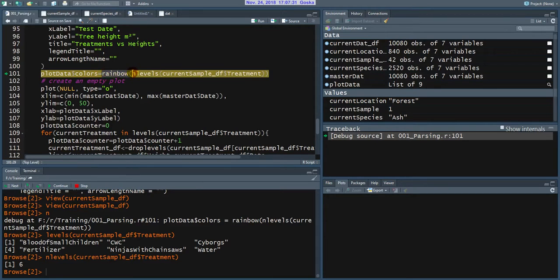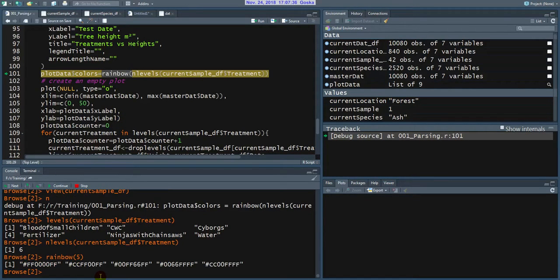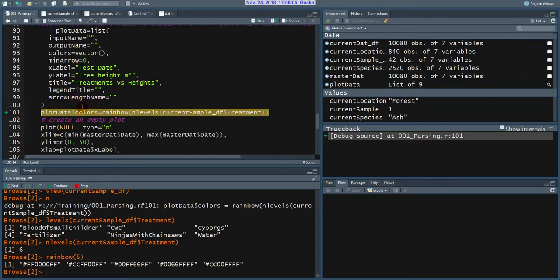Rainbow is an R function, and if I punch in a number, what it does is these are color codes going along the rainbow spectrum of Roy G. Biv from red to violet, and just evenly split up along the rainbow colors. I have a whole separate video planned on colors, but for now this is good enough, because what this will do is at least I'll get a different color for each line. I'm going to save that in plot data, $colors,